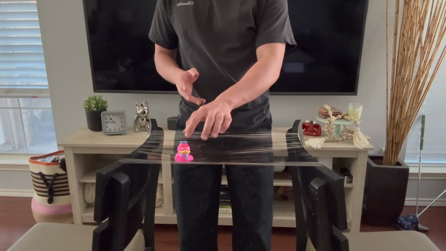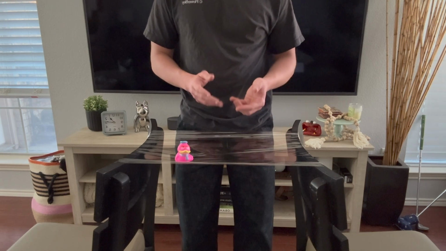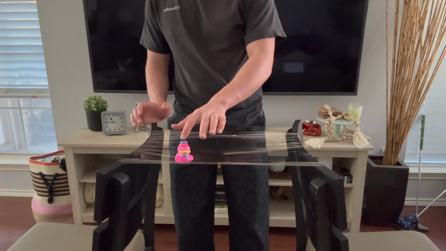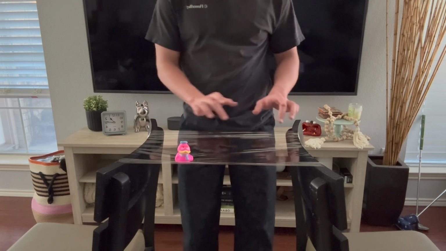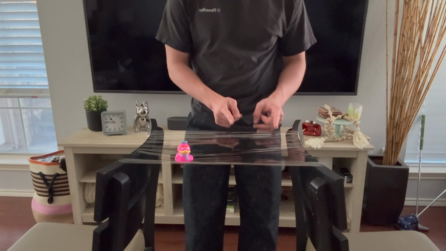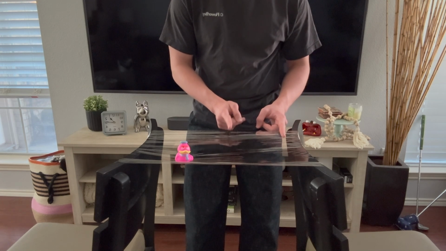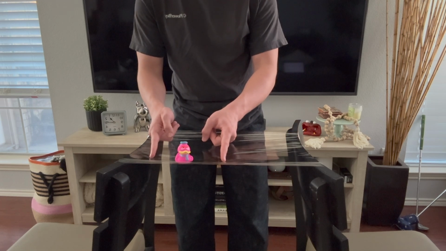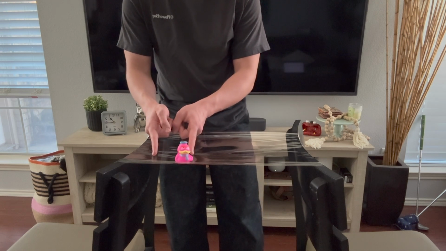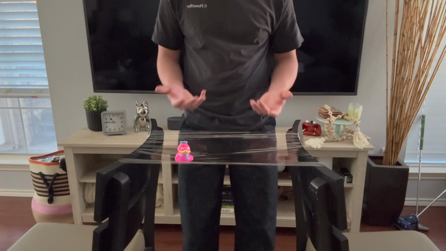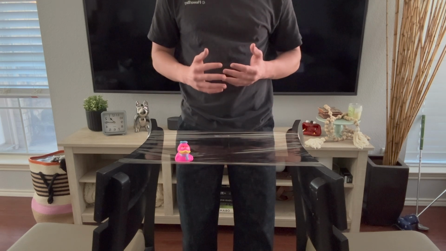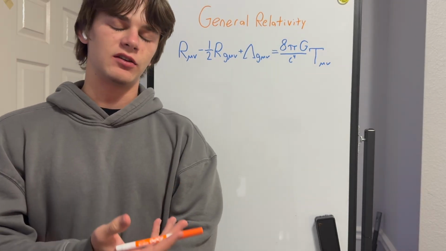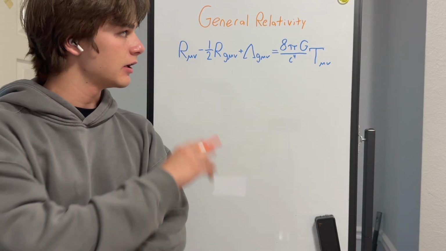So if I'm on an even larger planet like this, rather than a vacuum here, our time is going to move a lot slower. We can think about it like this. This one right here is going to have a larger indent, as opposed to over here with nothing on it. So if I wanted to move a distance like here from point A to point B, it's just going to be a straight line in a sense. However, if I wanted to go that same distance, I have to go through this bending as well, meaning it's going to take me more time essentially to get there, which basically means time is going to be moving a lot slower here. But I've been talking about tensors this entire time, so let me stop rambling and talk about